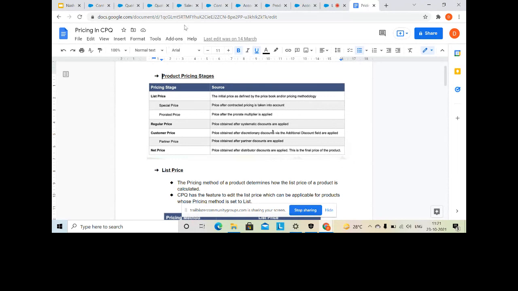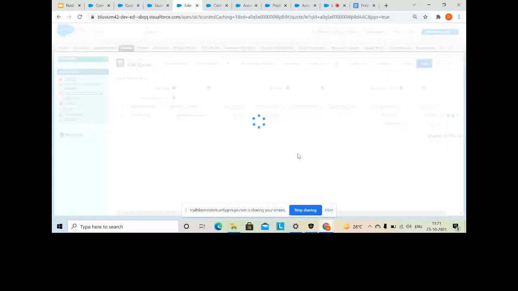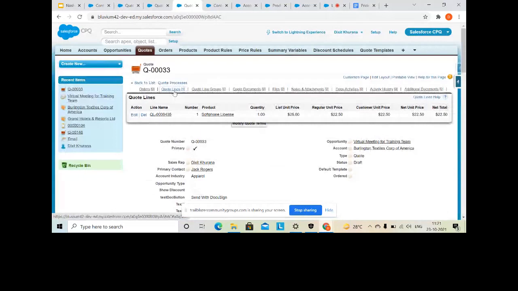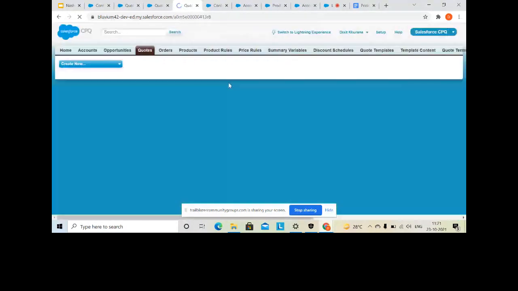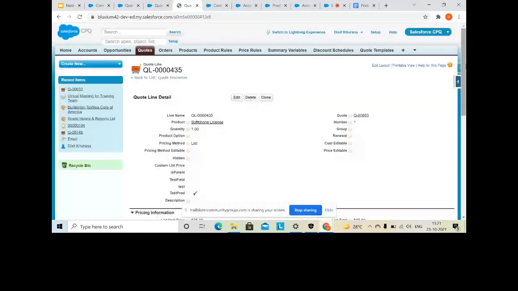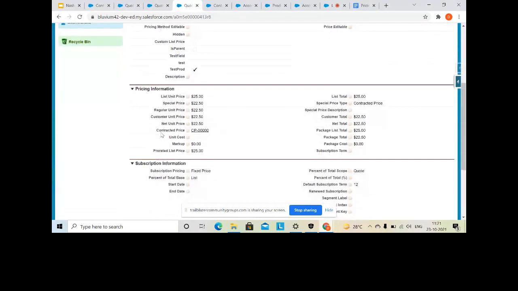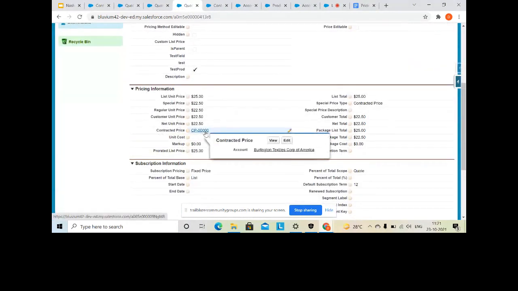If I click on save, and go back to this quote line, if you open this quote line, now you see here there is a field, contracted price, which is a lookup of the contracted price which we have associated on account level. This field is populated by CPQ itself.